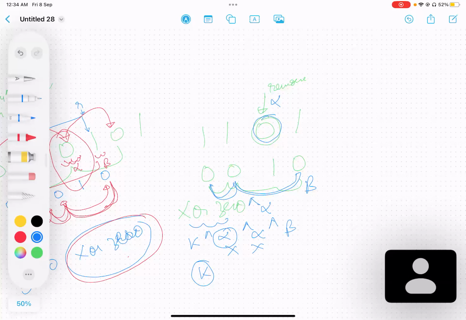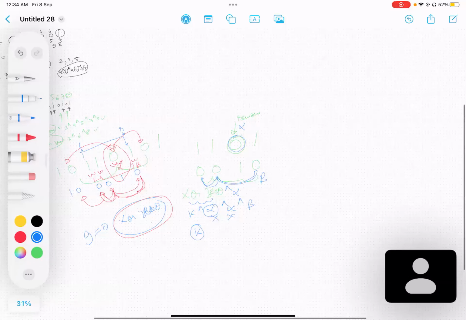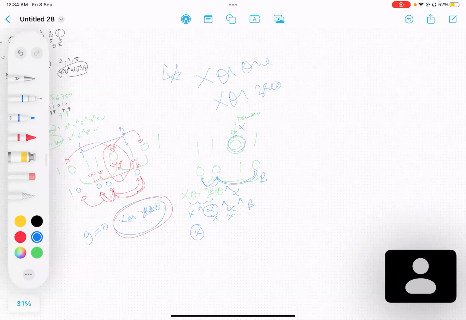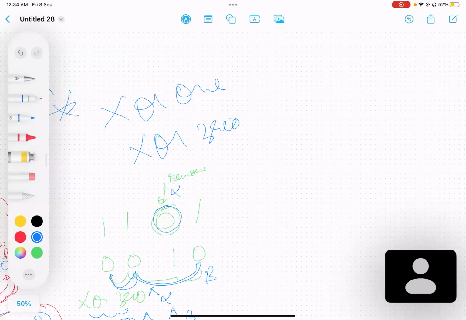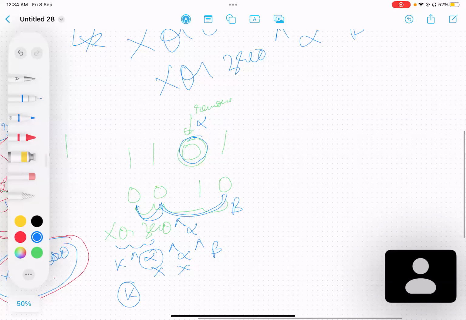Beta. So what I am saying is, if you want to find the new value of XOR 1 or XOR 0, you basically need to take the XOR with alpha and beta. This will act as a removing part also. So I told you about XOR 0, right? Similarly for XOR 1,